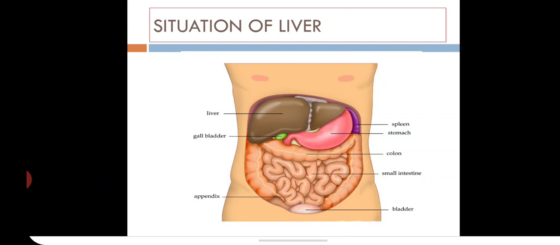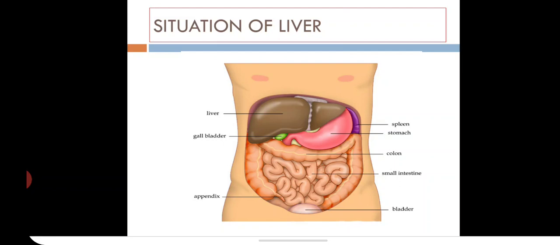There are two distinct sources that supply blood to the liver. Do you know how much blood circulates in the liver at any time? 13% of the body's blood supply circulates in the liver at any given time. In the liver, there are two types of blood flowing: oxygenated blood through the hepatic artery, and nutrient-rich blood through the portal vein.